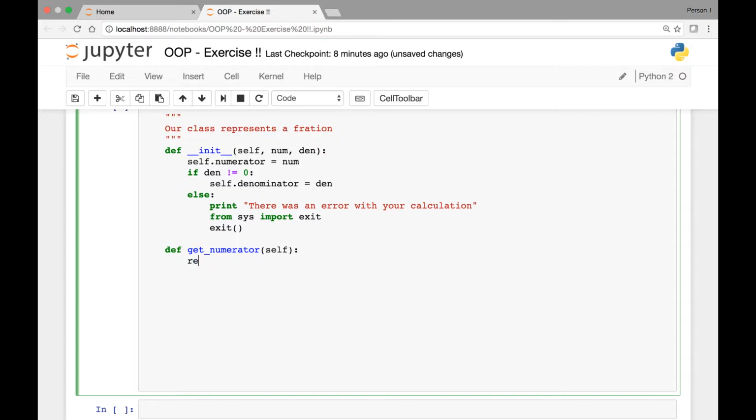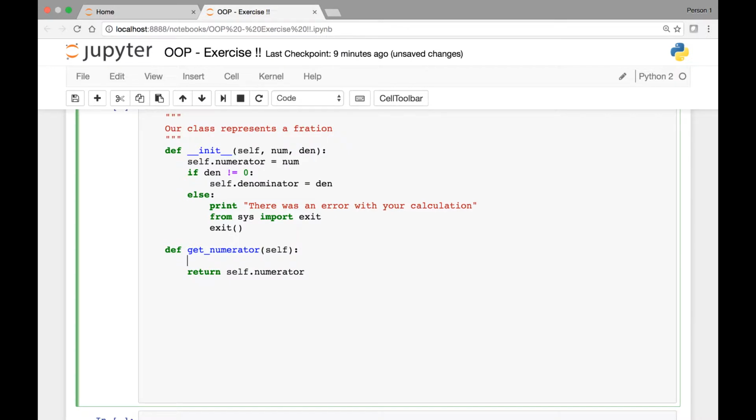So we can say return self.numerator. We can add a docstring also. This will return the numerator, and then it will return the numerator so that we can use it in our init